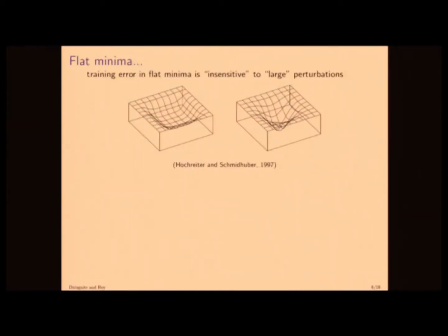All right, so flat minima. Here's a picture of flat minima on the left, and sharp minima on the right. Good, we all understand. The basic intuition of flat minima, at least from our perspective, is that the training error in a flat minimum is insensitive to relatively large perturbations. The notion of largeness is going to be relative to some fixed point, namely, just to foreshadow, where you've placed the prior. You have to have a relatively large perturbation relative to the distance to where you centered your prior. That's going to pop out in the analysis.